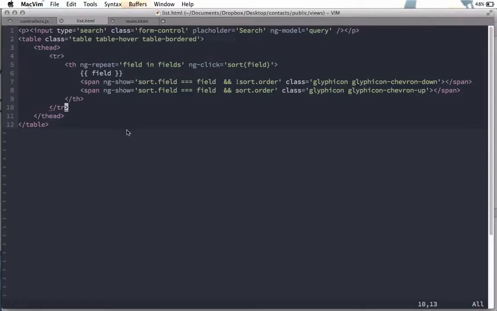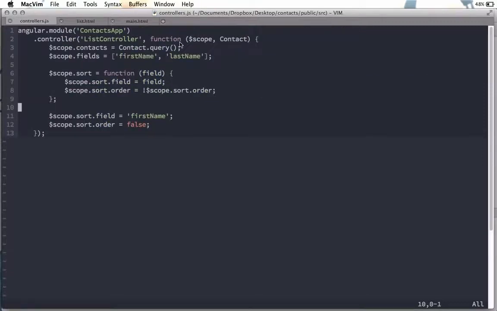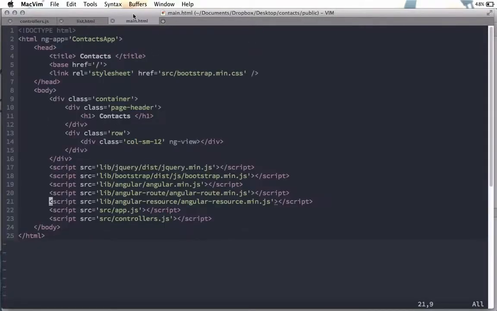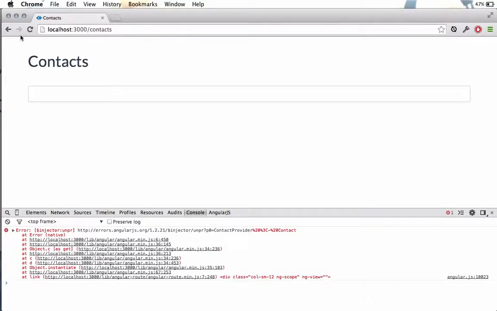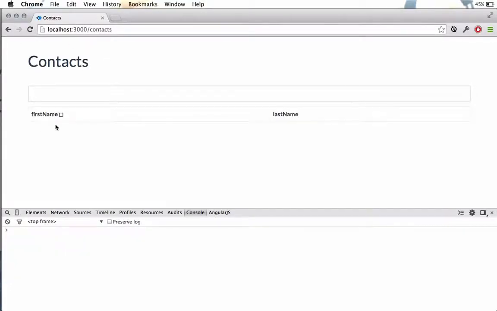And if you think about it for a second, this should actually make sense, because here in controller, we are looking for a contact factory, or at a lower level, a contact provider. However, that contact provider was in a new file, public/source/factories.js, but we never actually added that to our main.html file. So right here at the bottom, I'm going to copy our script to source/controllers, and I'm going to replace controllers there with factories. And now, if we come back to the browser, we refresh the page,